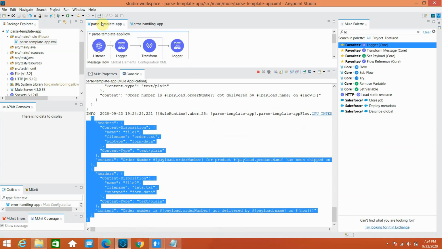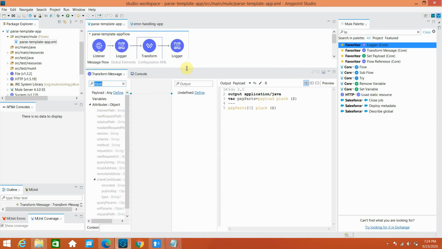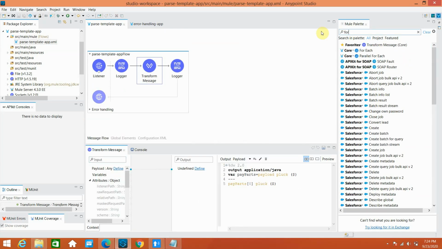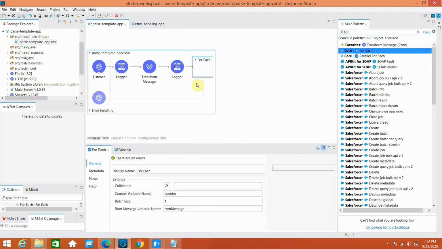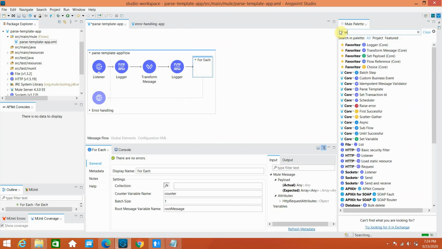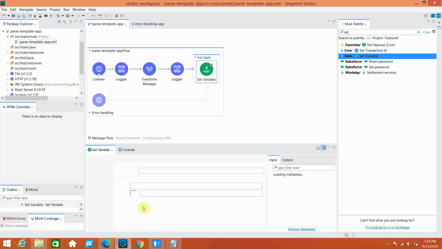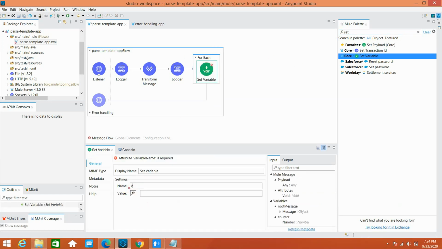The next thing, I will use the for each, and I will write both of the files to some file location. So for each, under for each I can say set variable, I will read a file name. So I can say v file name. How can I read the file name?